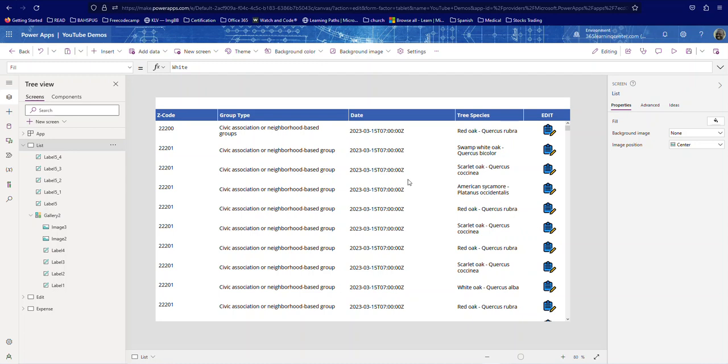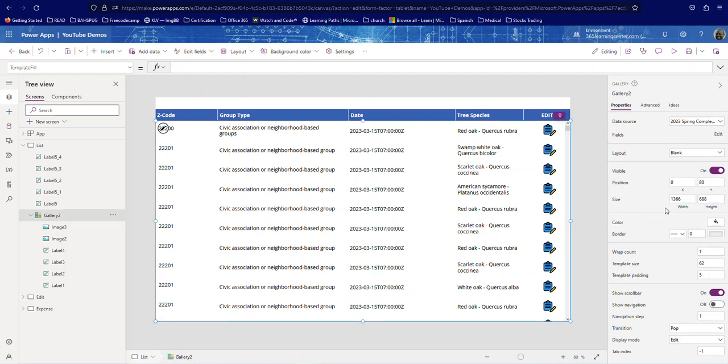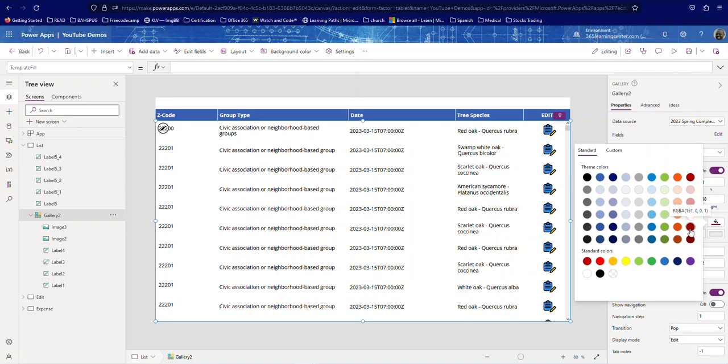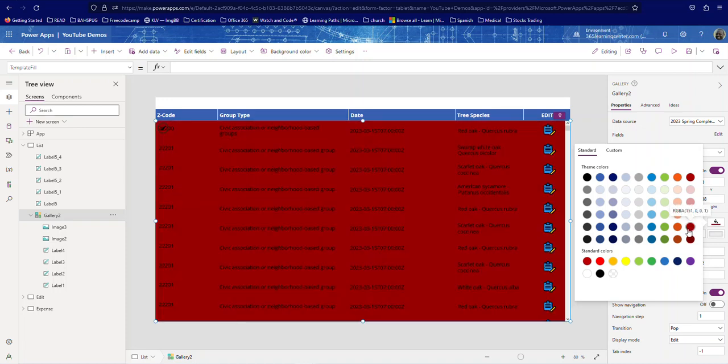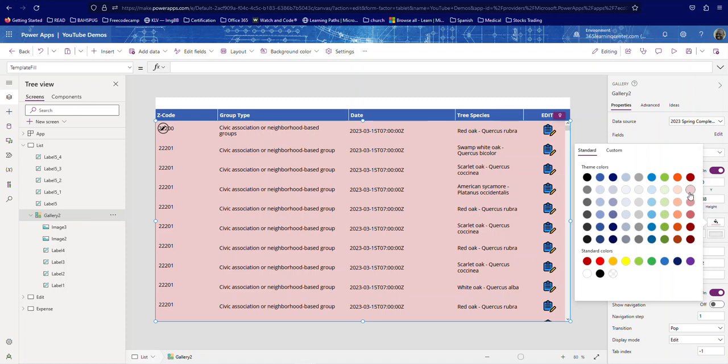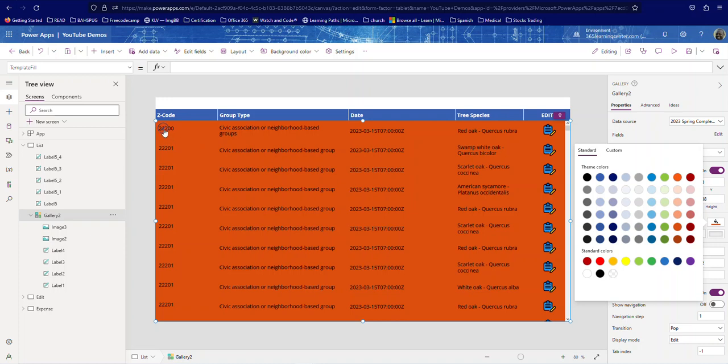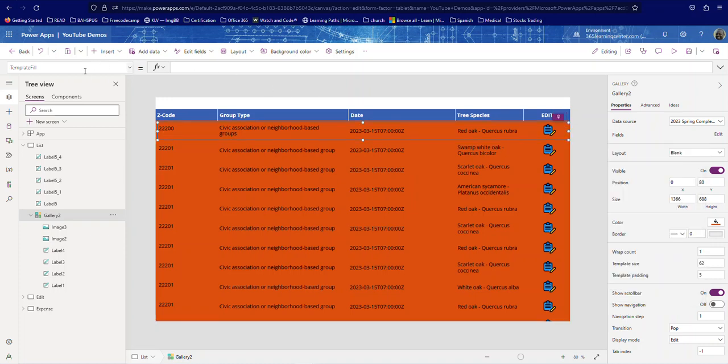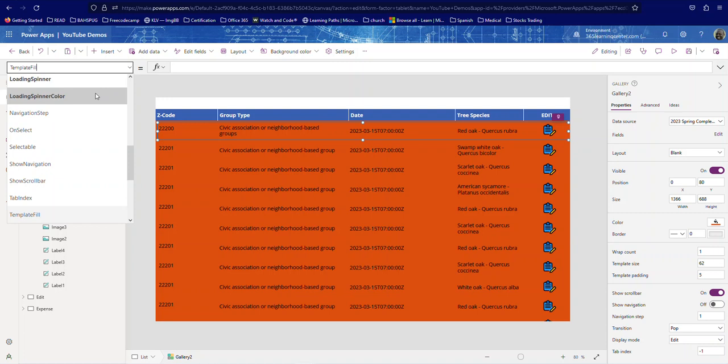So for example, if I select my gallery and I go to my properties, select gallery, and then if I look for color, here's the color. I can change the background, maybe something like that, or let me see, something like this. You can just change any of these different colors. So then once you do that, what you want to do next is, let me choose this color. What you want to do next is, if you come here, you can go to your template fill property,